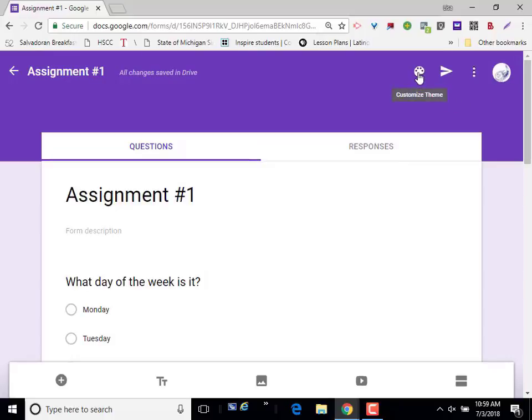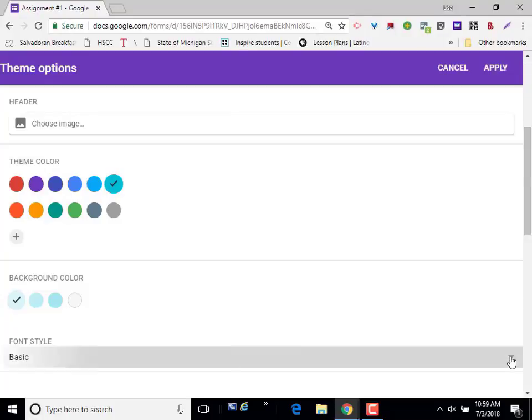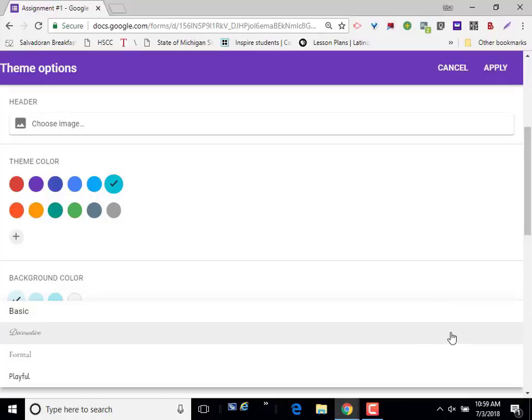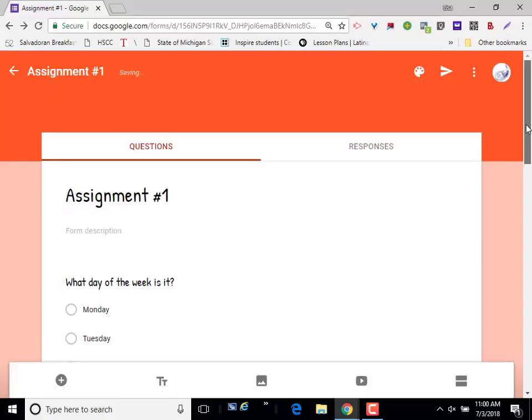the right hand corner, you can customize the theme. If you wanted a custom color, if you wanted a custom header, some sort of image you wanted at the top, you can change the background color, and you can change the font style. These are some new features that were not previously available with Google Forms. So we have basic, decorative, formal, and playful. So I'm just going to change a few of my options here, click apply, and it'll give it a different